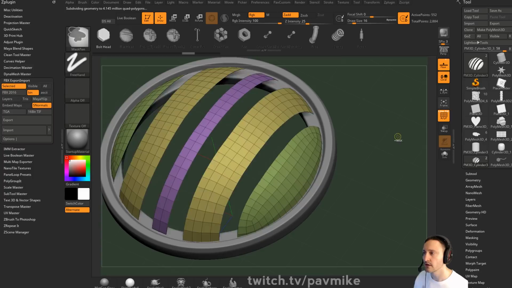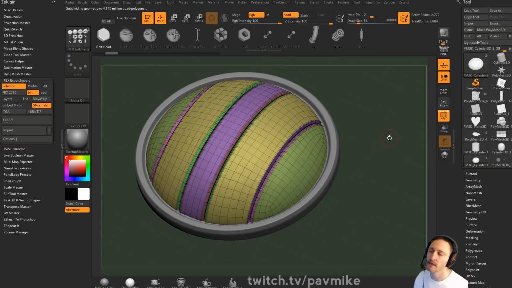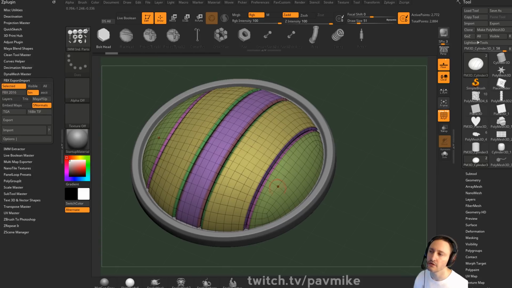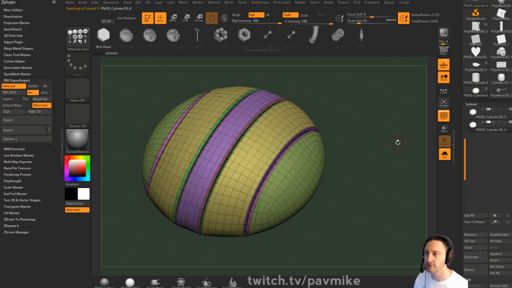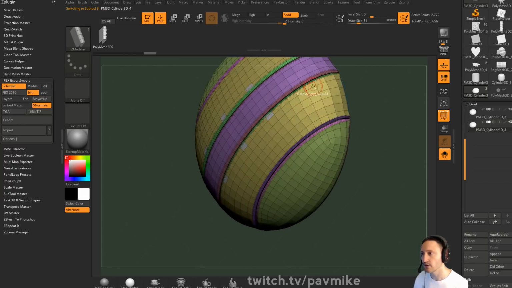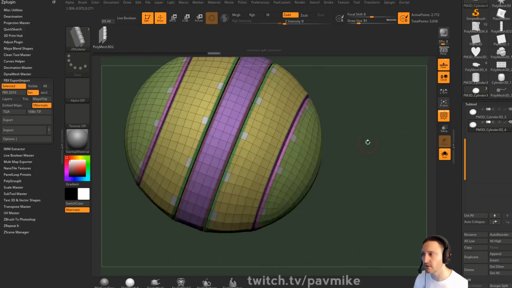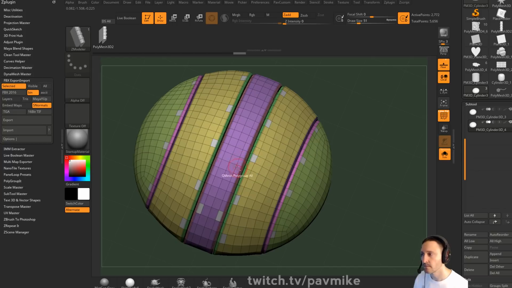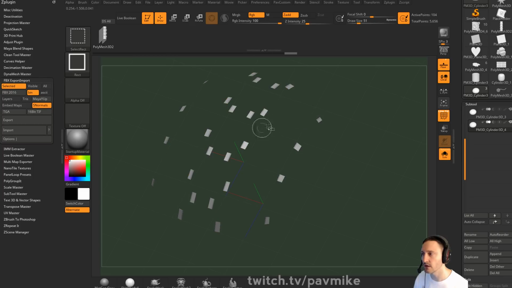Now again, like I was saying, if you want a little more precision control, you can use insert nanomesh brush on this one, but you know what I like to do? I always like to work separately. So I'm going to duplicate this off, do Shift D, and we're going to say I want a bolt here, here, here. This is kind of destructive in a way, but it's okay because I want them to be a little bit irregular. Something like this, and I'm just going to say I only want these dots here, delete hidden, Control W,